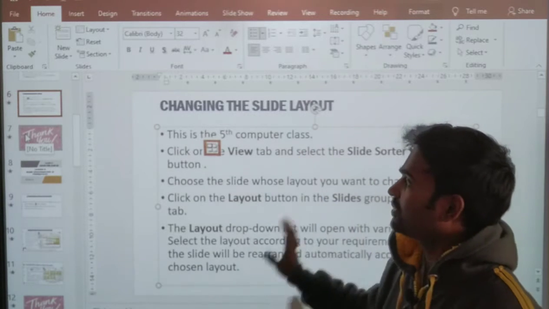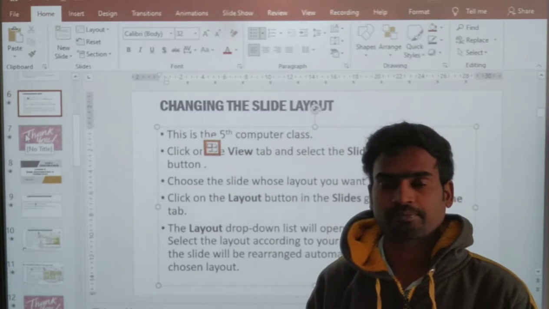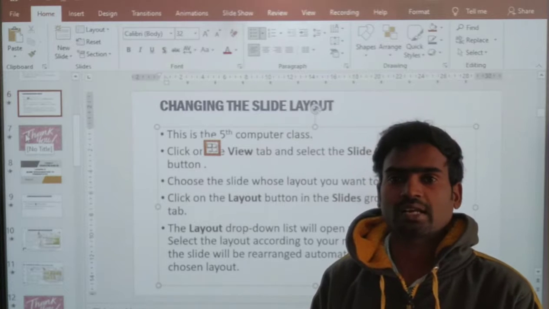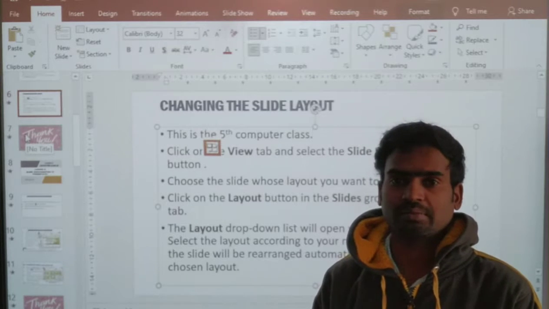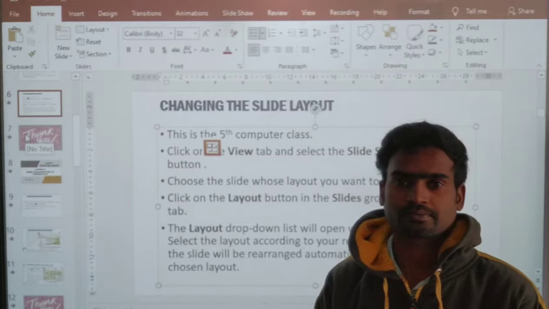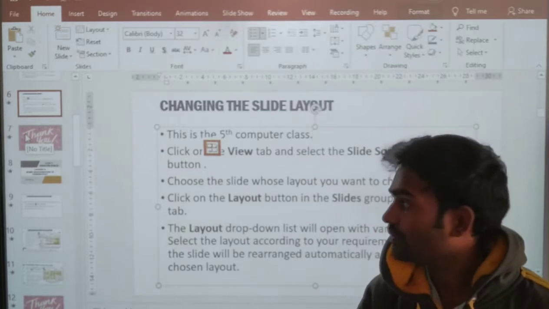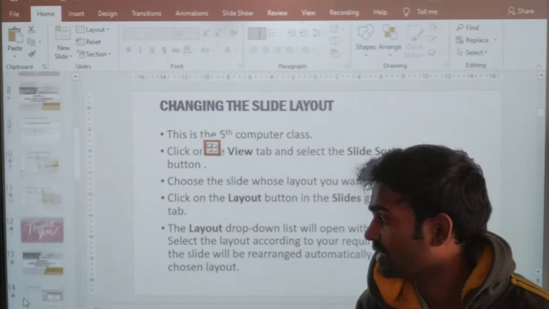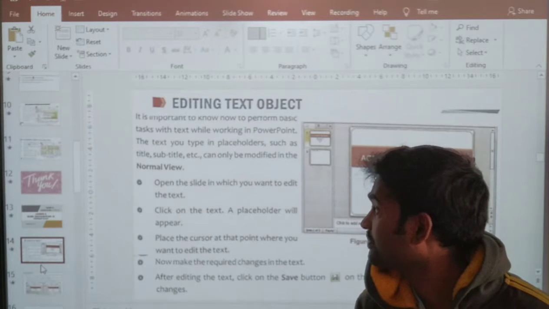Now my document, the correction has been updated. So this way only we can edit the corrections. I mean we can edit the object. Right? So now we shall see another one. So next topic is